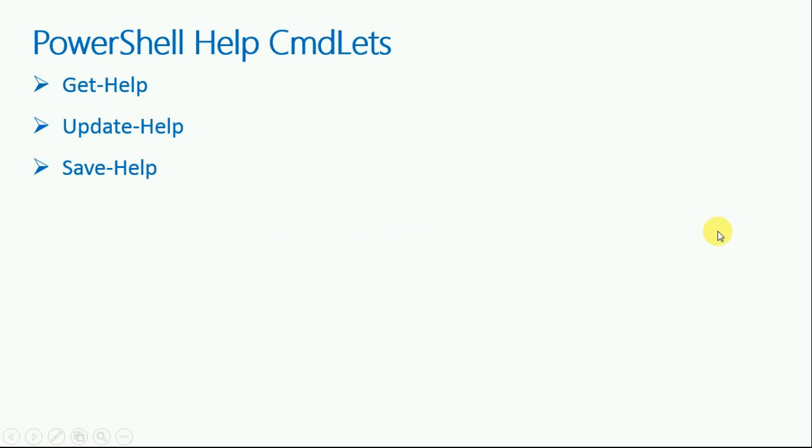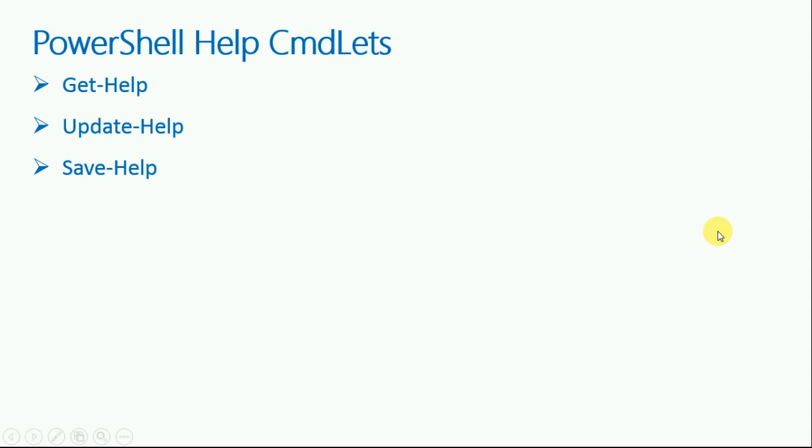Basically, three cmdlets are available in PowerShell which provide help-related solutions. First is Get-Help, second is Update-Help, and the last one is Save-Help. Using Get-Help we get detailed information about any cmdlet, and using Update-Help we update the help if it is not updated or if it is not available for any module.